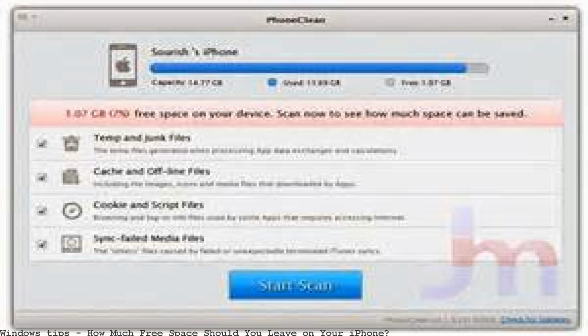How much free space should you leave on your Windows PC? But just how much empty space do you really need? Wondering what is a good amount of free space to leave on the iPhone, as it is a mini computer and all. When iTunes and iOS don't agree on how much free space an iPhone has. I try to leave at least 1 or 2 GB free so I